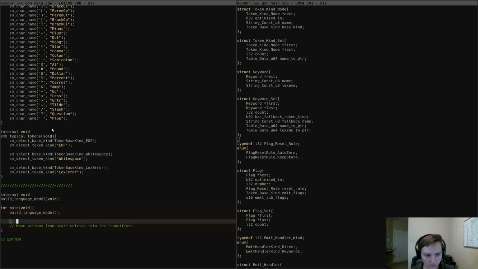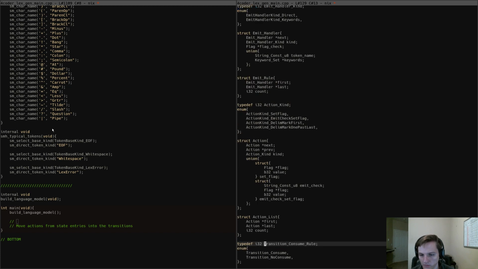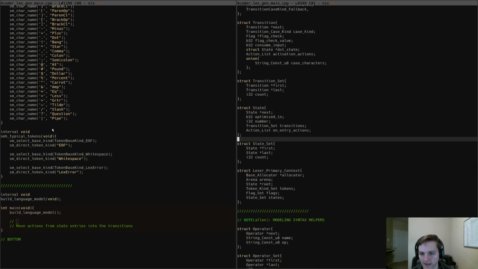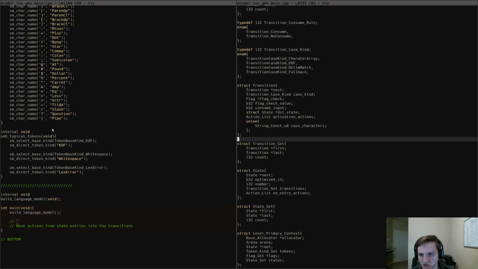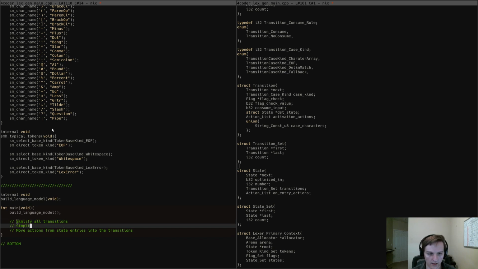But before I can do that, it might pay off to do some other stuff. Doing that will basically spread out these actions everywhere. But before I do that, I might be able to shrink down my sets a little bit here. So I have a set of states, and each state has a set of transitions. We can actually simplify both of those. So we could simplify all transitions, and then simplify all transition lists, and then simplify